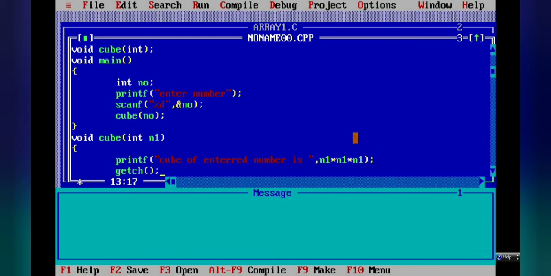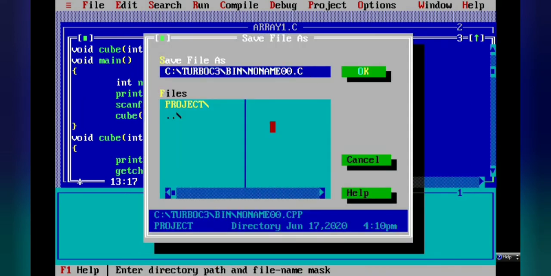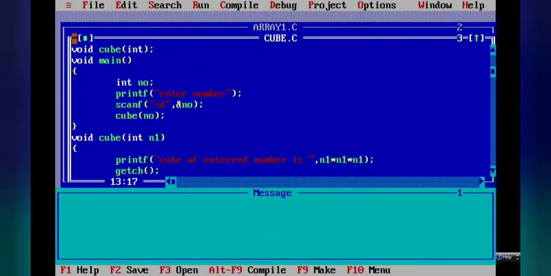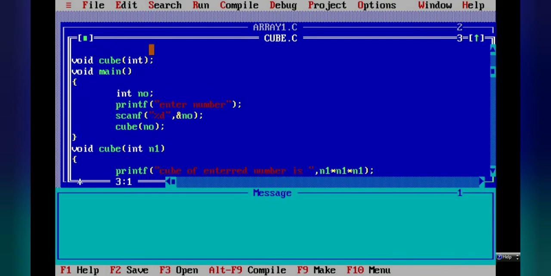to see the output. So now we will save our program with F2. And here we will give the program name cube. Okay. Then after that, next, here I am writing the comment, that is with argument, no return value. So we can understand that this program we have done with argument and no return value.